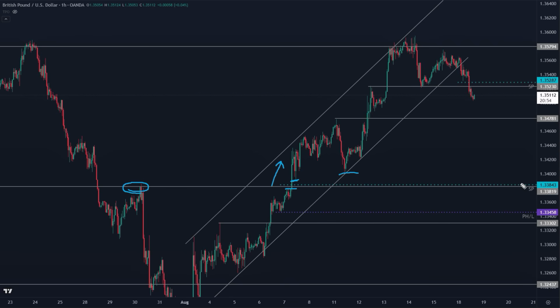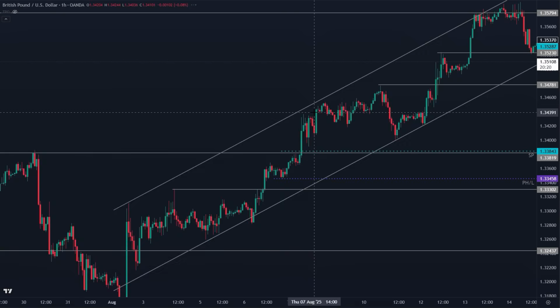What that means is that we have a single print, very much like this one up here. Although this one up here is a buy side single print, this one down here is a sell side single print. So oftentimes, guys, these areas do tend to serve as, like I said, magnets for a market. So you've got this area up here that could be tested over the coming hours, and then you've got this area down here that could potentially drag this market lower to give us that full retest of 133.80. Because again, you'll notice back here it was very slight, but we never quite got a retest of this level following the breakout.